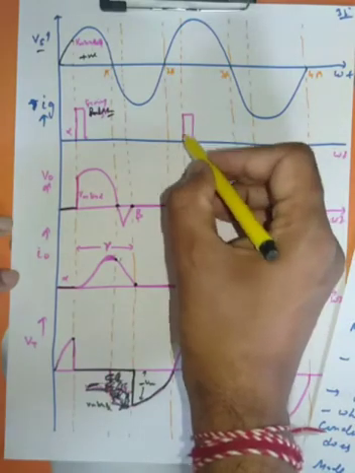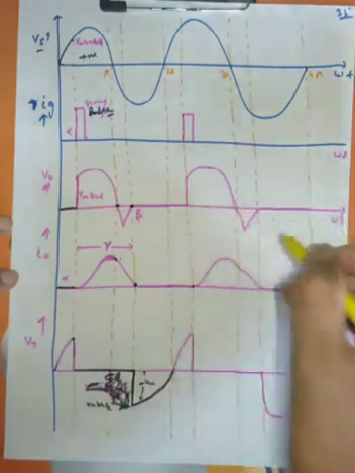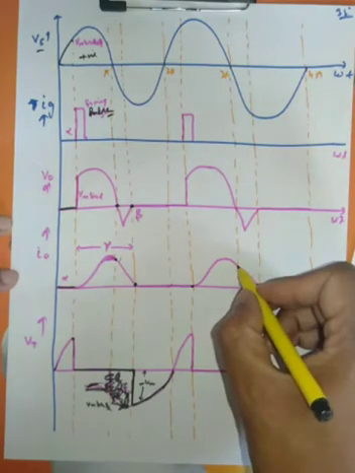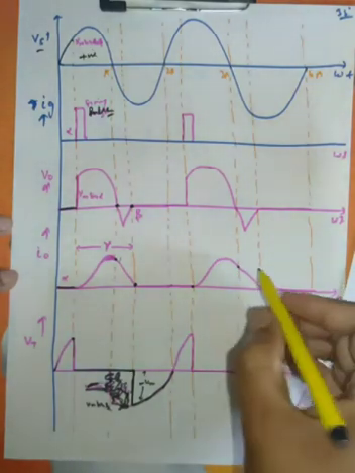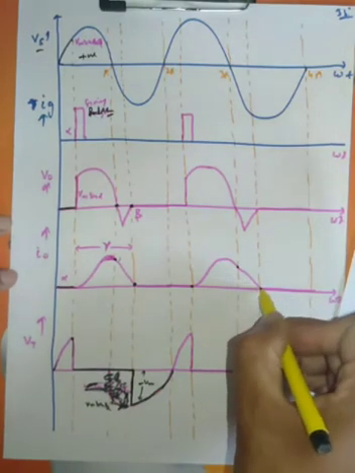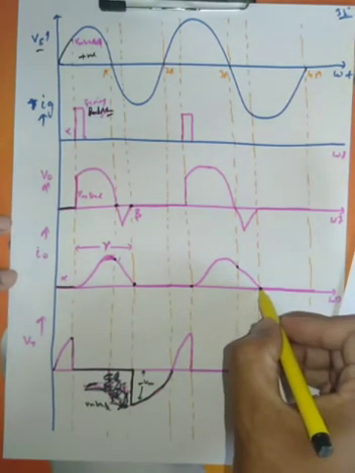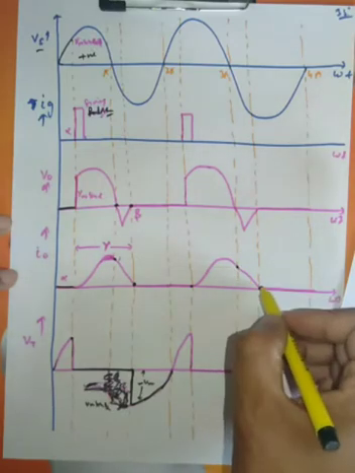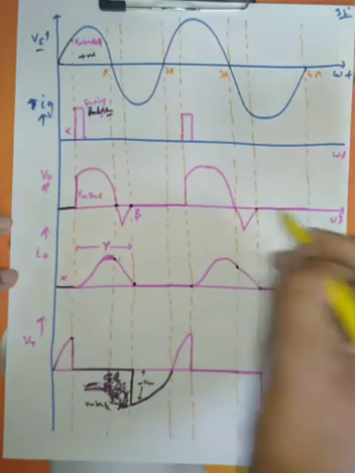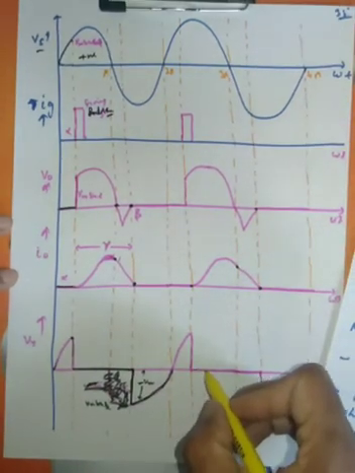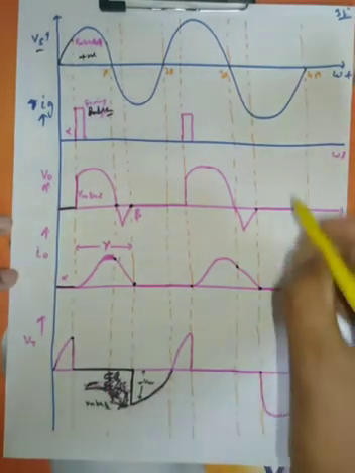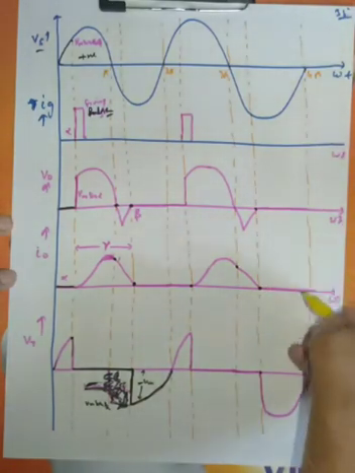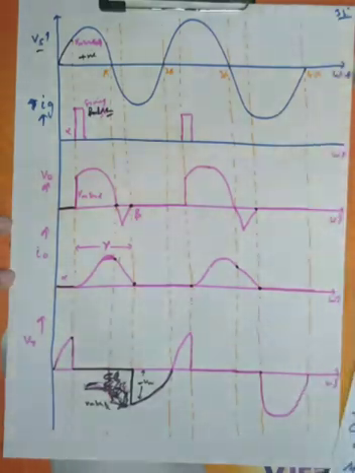A positive gate pulse is applied, then the output appears again, with a gradual increase in the current up to here. Due to the inductor, some current still flows in the circuit, and it gradually becomes zero when the stored charge disappears from the circuit. Then the output voltage is also zero, and there is no terminal voltage. For the negative half cycle, the terminal voltage is there, with no output voltage or current in the circuit. Thank you so much.